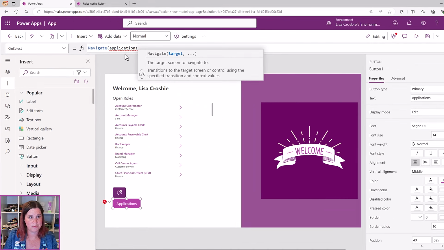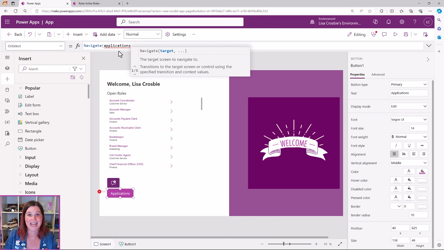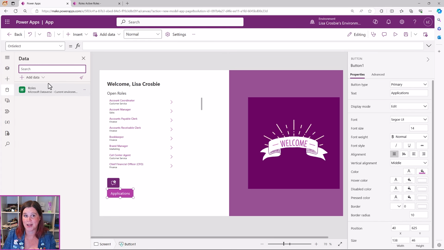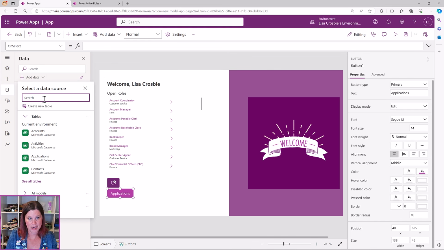I've missed a step. My bad. All right, let's get rid of that. We need to add the tables in there first. So let's come back into the section over here called data. At the moment, my app only knows about roles. We need to add a couple more things. So we need to add in the